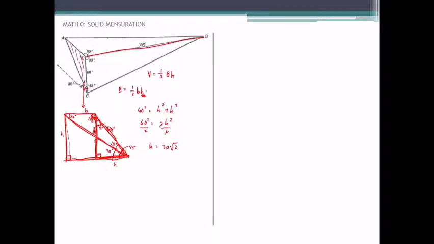And the next, to get the base of this solid figure, let us consider this another triangle. This is the triangle that we will consider. Let us make use of the sine law. So, the length B over sine of the angle opposite to length B. The angle opposite B is 15. So, sine 15